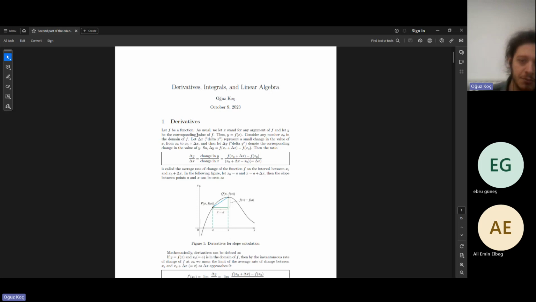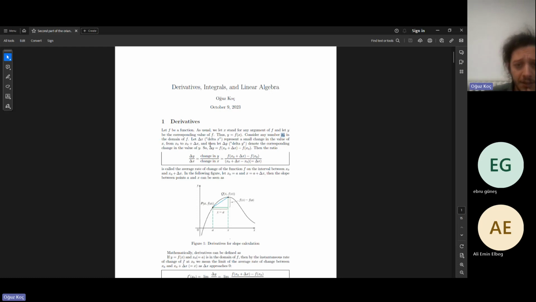Let f be a function, as usual. We let x stand for any argument of f, and let y be the corresponding value of f. Thus, y equals f of x. So we are considering the functions for derivatives, and consider any number x0 in the domain of f. We took a value from the domain of f,